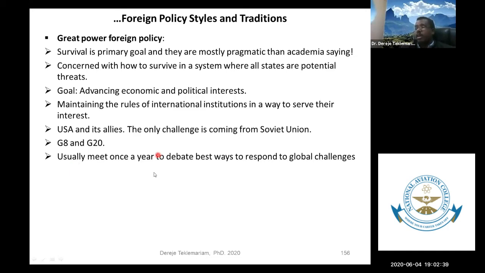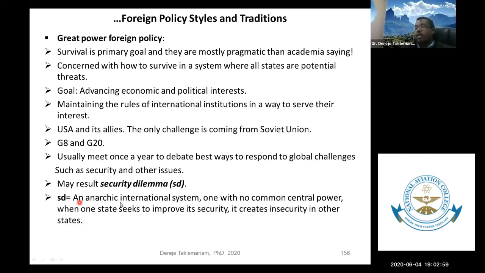They are really forums for debating the best way to respond to various global challenges such as security and other issues. However, these security and other discussions may result in STD. STD means what we call a security dilemma. Security dilemma means the international system is anarchic,